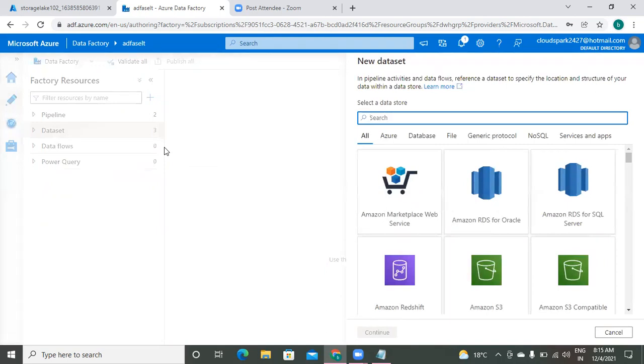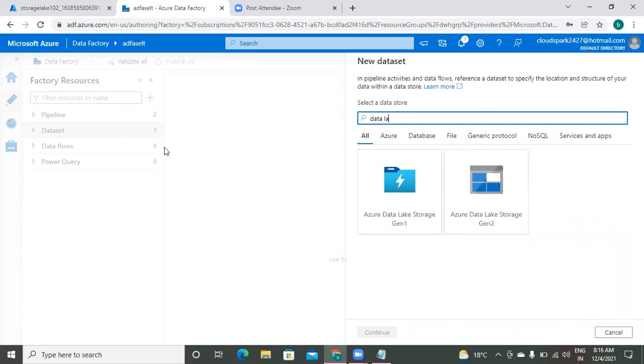You are going to create a data set, but where is your data? You have to specify. My data is in the data lake, right? The data lake, Gen 2. Just search for data lake. I have Gen 1, Gen 2. Okay, Gen 2 selected.